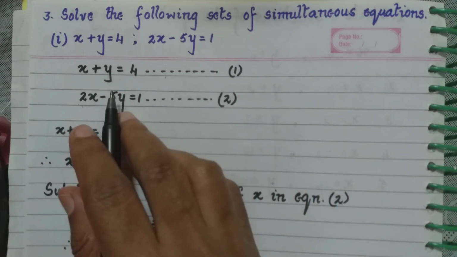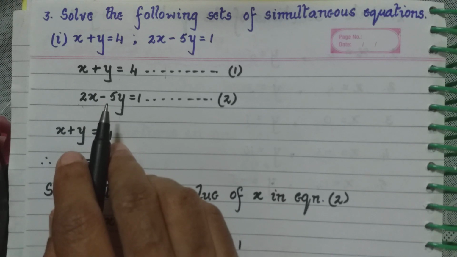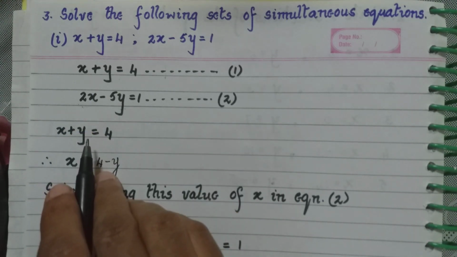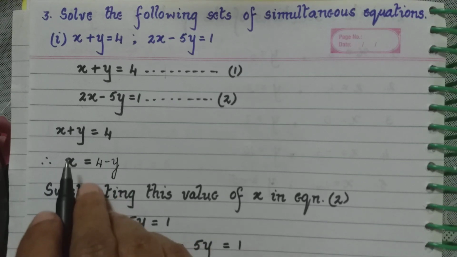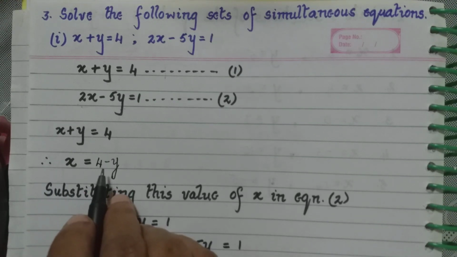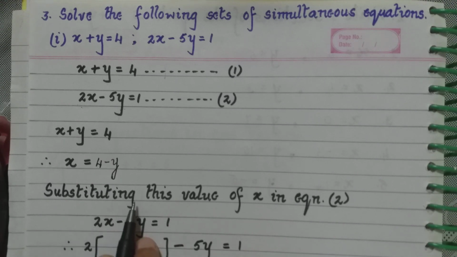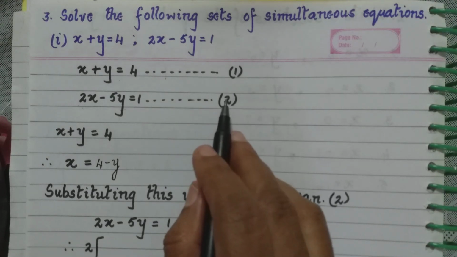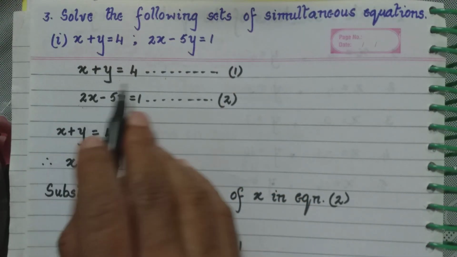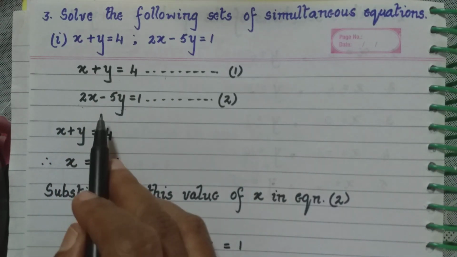Now, you will also notice that it's not only x, y also is having the coefficient 1. So, as I did for x, you can do the same thing for y. You don't have to follow only this. You can also consider y is equal to 4 minus x. And after we get this, here I am substituting this value of x in equation 2. From equation 1, we got x is equal to 4 minus y. So, this x equal to 4 minus y.